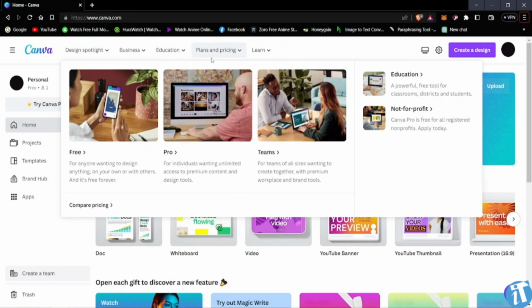And now we have the plans and pricing. Okay, now this is important. Like I told you, there are three versions of Canva. So this one is free, which we're right now using, and then we have the Pro, and then we have the Teams. Okay, so if I go to compare pricing,